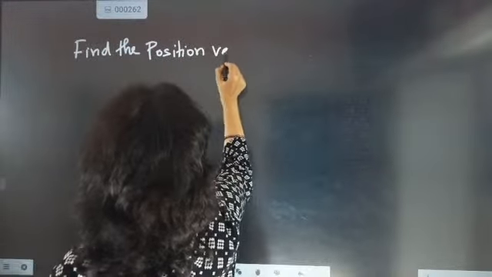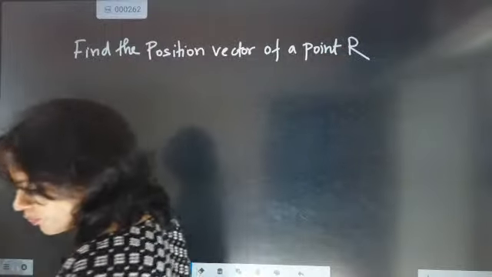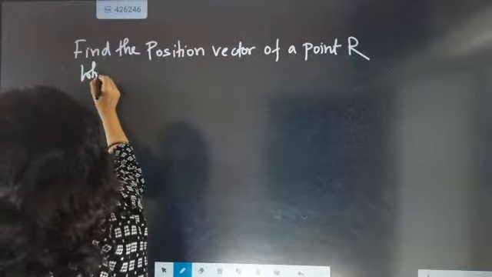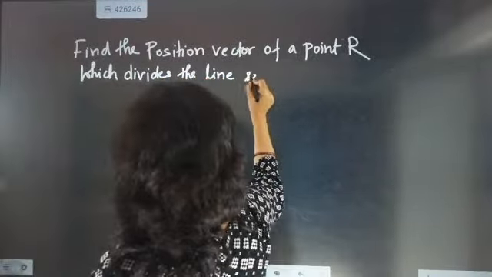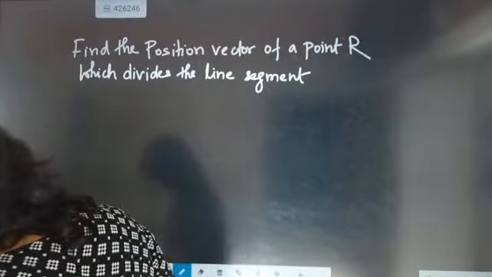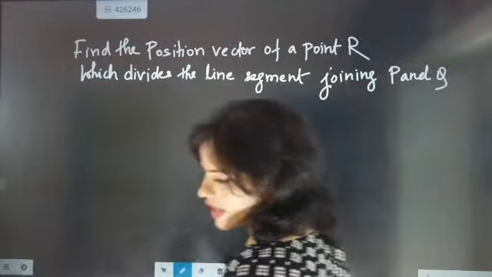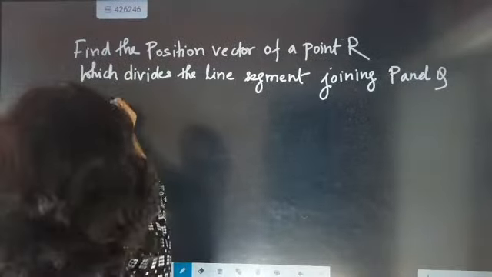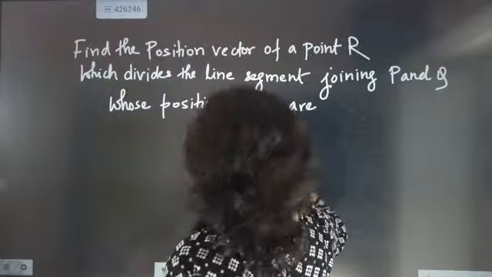Find the position vector of point R. Find the position vector of a point R which divides the line segment joining P and Q, whose position vectors are